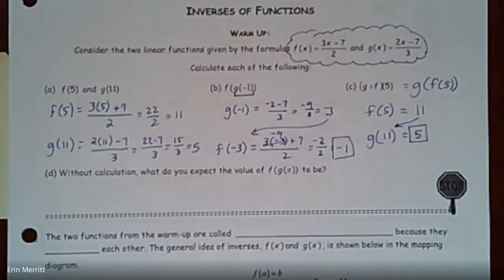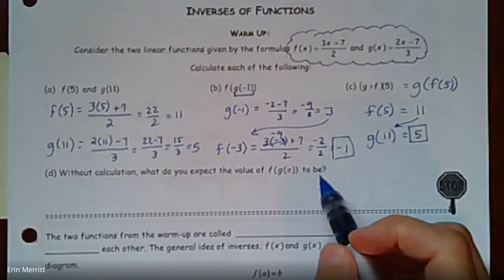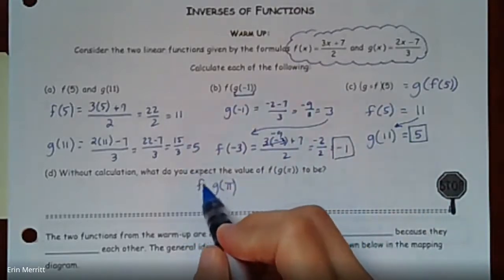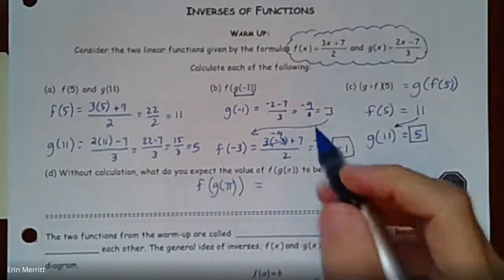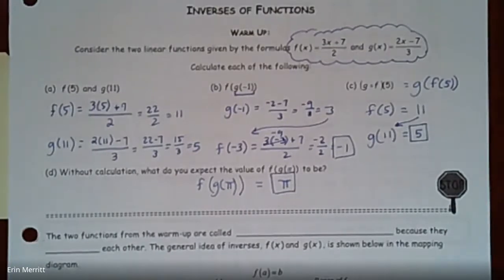essentially undoes what the other function does. So when it's saying without calculation, what would you expect f of g of pi to be? Well, g of pi is going to come out who knows what. But when you plug that answer into the f function, it should undo what you had, and it should come right back to pi. So when you think inverse operations, typically, addition and subtraction, those are inverses of one another. Multiplication and division, squaring and square rooting, they all are the opposite operation, or they undo the original one that